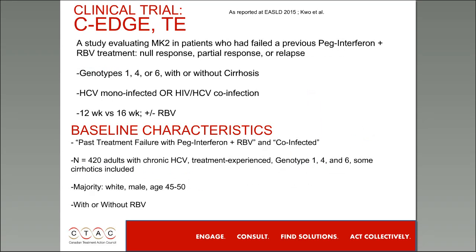We're going to look at another C-EDGE trial that looked at treatment experience. Now, what's really interesting for a lot of people who do this work is, sure, we may be talking about 95, 96, 97% SVR in the new medications, but really that means some people will fail this medication. Not many, but some. So what do we do when people fail a brand new medication? Well, there's been lots of work done on what happens when people fail old medications, and that's what's happening in this trial right here. There will be a future one that we're going to look at today that reviews failures of new DAAs,